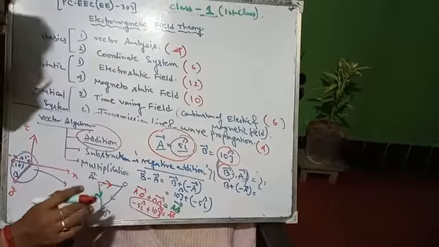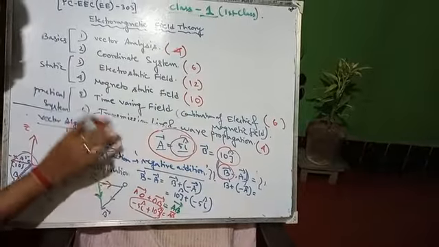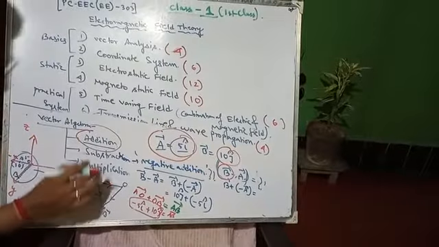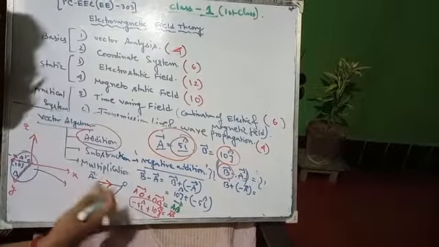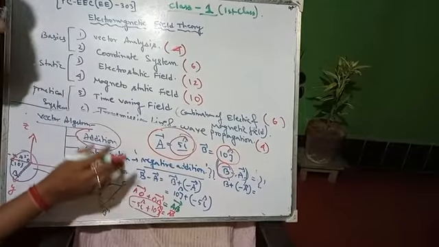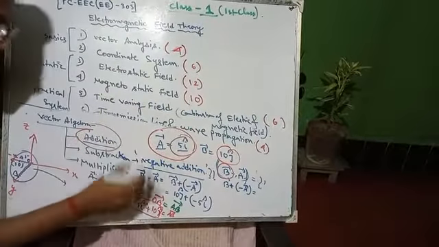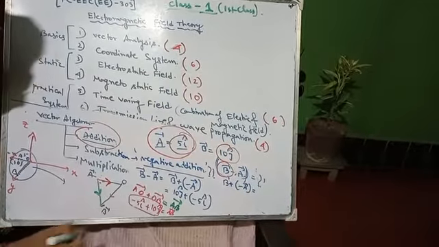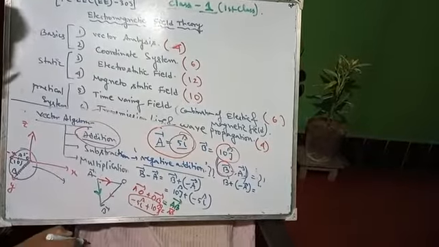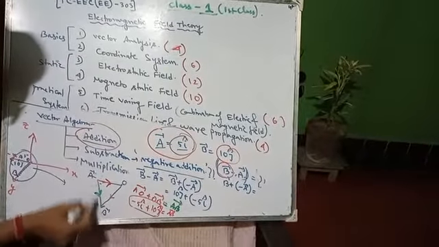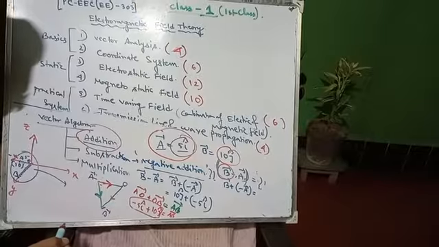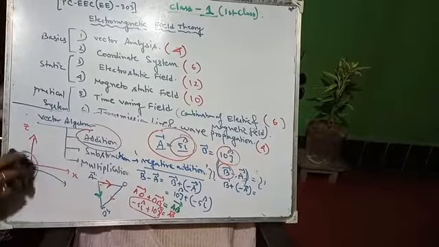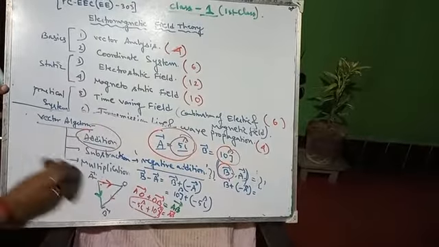So it is concluded that whenever you are adding, you can use both rules, but it is very easy and direct to apply the parallelogram rule. But whenever you are subtracting, you can directly apply the triangle rule. So this is the concept. 10j minus 5 i, this is your answer, this is your resultant. This is the geometrical representation of subtraction, and now you have to learn it mathematically.